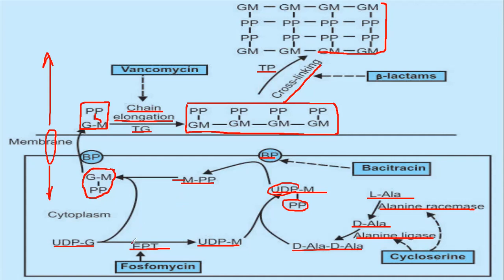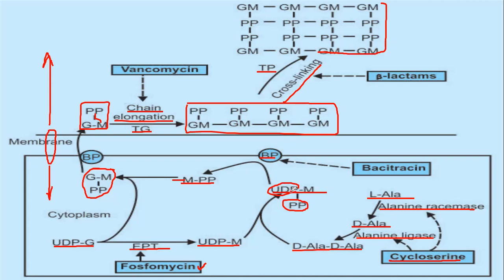using various ways. You can inhibit the enzyme enolpyruvate transferase so that the first step is inhibited, and this enzyme is inhibited by the drug fosfomycin. Also, you can inhibit the pentapeptide unit formation. You can do this by inhibiting the enzymes alanine racemase and the alanine ligase with the drug cycloserine. Then you can inhibit the removal of UDP from the UDP